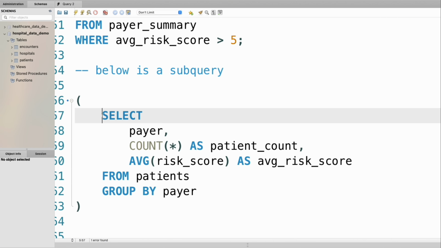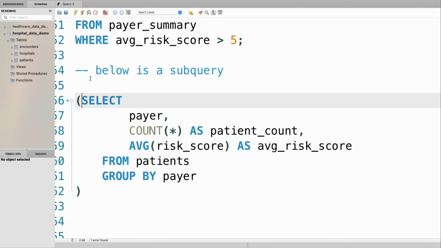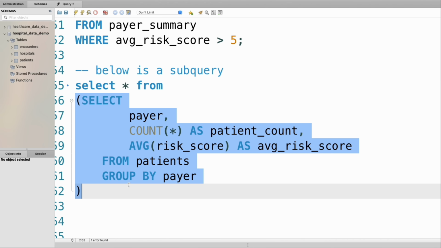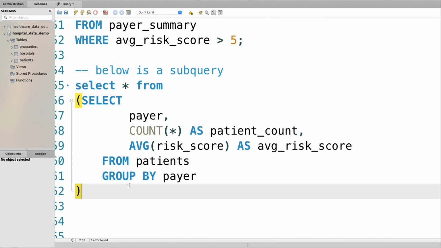We're just going to paste it, and let's bring this a little higher. So remember, when we start off by writing subqueries, we're going to do a select star from, and then inside, this is what we want to select from, the query that we're writing. So inside of this query, the select star is going to select everything inside of this. And then with subqueries, you always want to give them an alias. So we're going to do as, let's give this